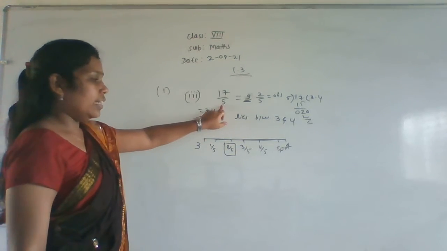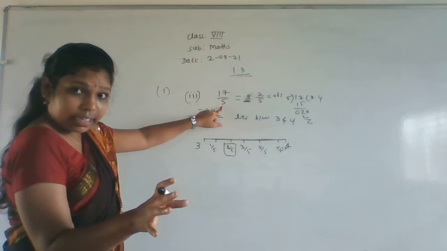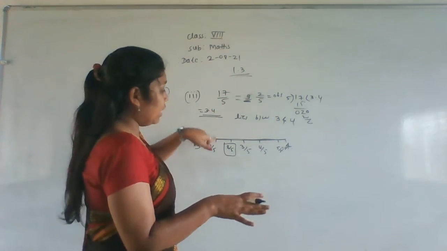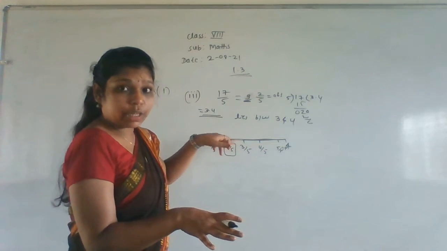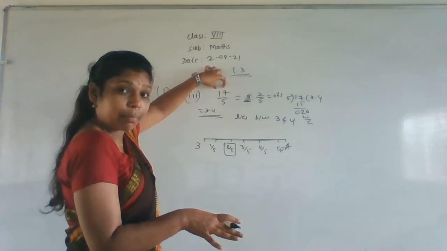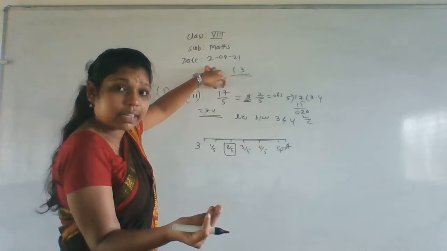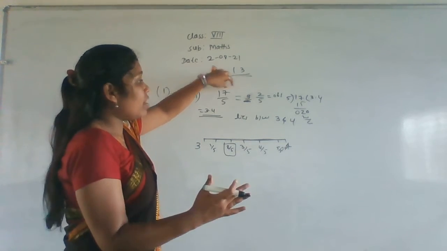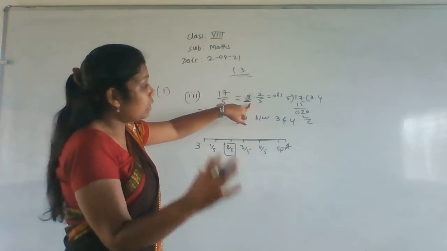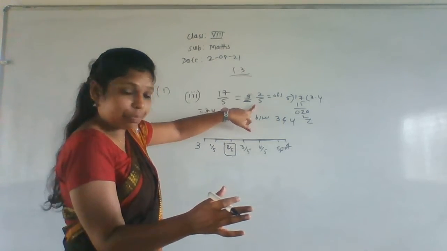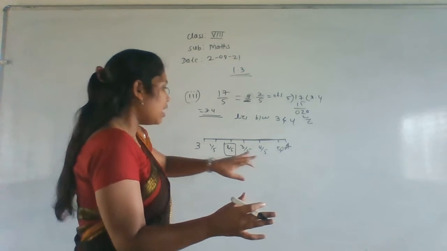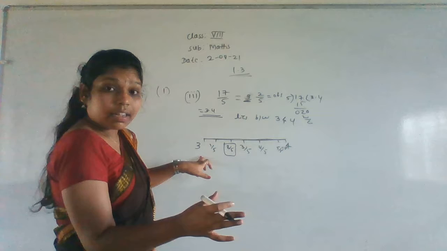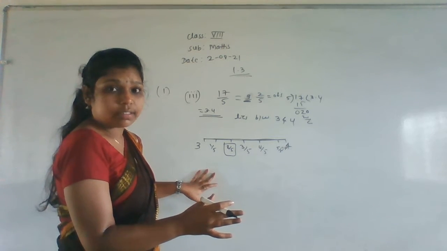Here in the denominator we are having only the number 5. Then we have to make 5 equal parts. So we can't write 17 in the denominator, sorry, in the numerator, because here only 5 equal parts are there. Then how can I write 17 here? For that reason, first convert into a mixed fraction. Then you can get here 2 by 5. So it is 3 integer, 4 integer and 2 by 5 is here. So 3 integer 2 by 5. This is the representation of rational numbers.